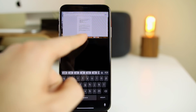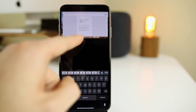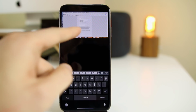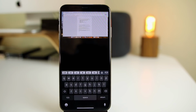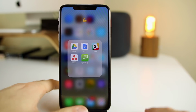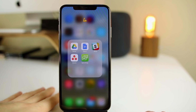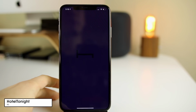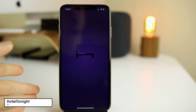And if it is, I will go onto YouTube, go to upload, and I'll be able to select that file from my iPhone and upload it onto YouTube on my computer here at home. So it allows me to get tasks done a lot quicker. So there's a lot of different use cases for this. That is just one of them, but Splashtop is an awesome application for being able to control your computer from your iPhone. The next application is called HotelTonight, and this is a great application for finding unsold rooms in hotels